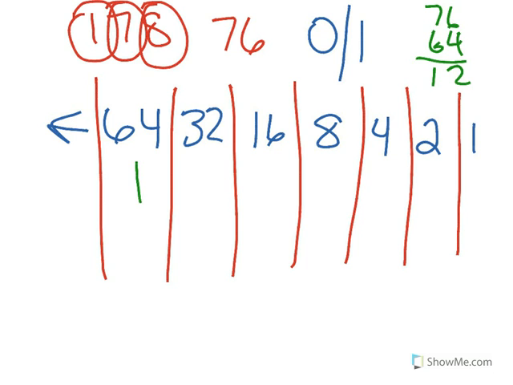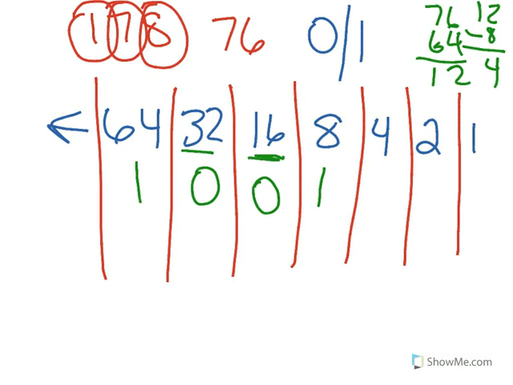Now I look at the 32, and I can see that 32 is much bigger than 12, so I couldn't add 32 to my number. That would be too much, so I need a 0 in this place value. Again, 16 is bigger than 12, so I need a 0 in this column. Now 8 is not bigger than 12, so I'm going to use an 8. Now I need to subtract 8 from 12. 12 minus 8